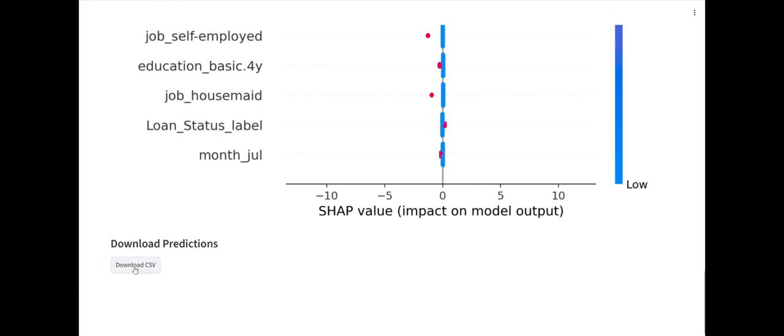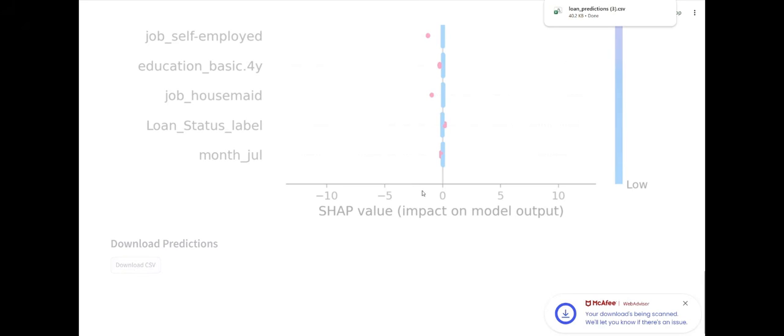The app also generates a CSV file containing actual versus predicted results available for download. This prediction file displays the actual and predicted columns for